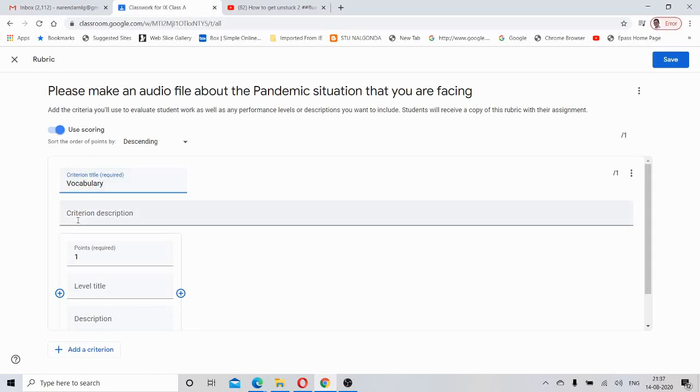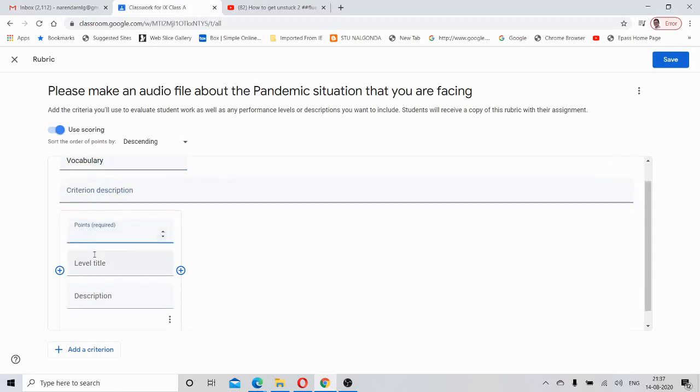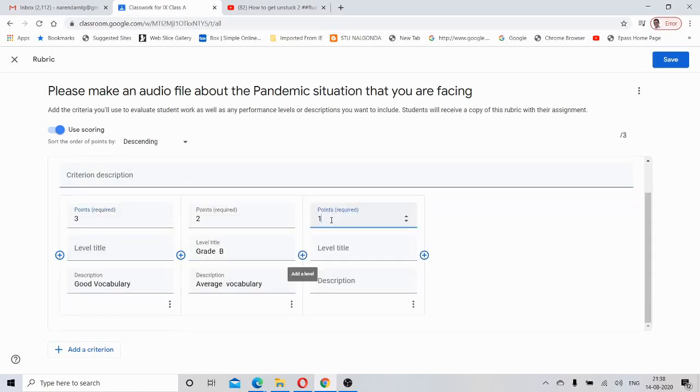and so I want to give 1 point, then he can be awarded grade C. He uses poor vocabulary. See here, if he uses good vocabulary, I'm going to give him 3 points.